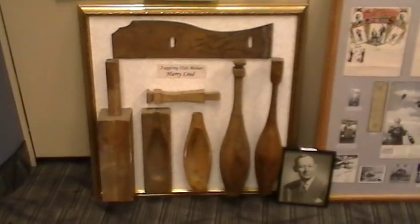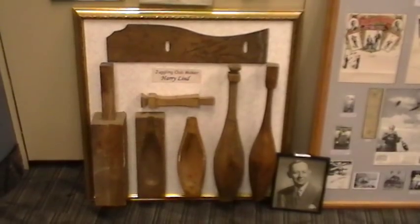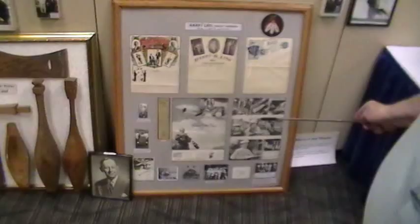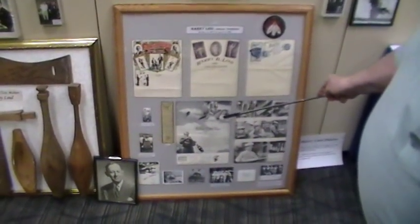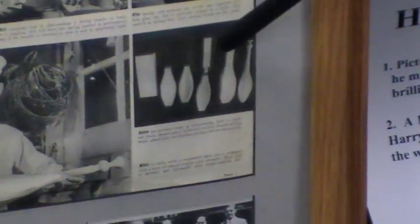Okay. This is a Harry Lind display. If you look at this board first, this was a 1948 Friends magazine. This was the inside cover of the magazine. This was page number 1. We had all these clubs down here shown in the picture, and if we go back to this plate here,